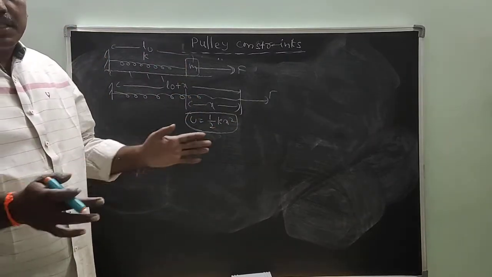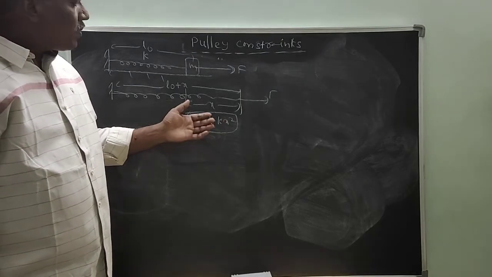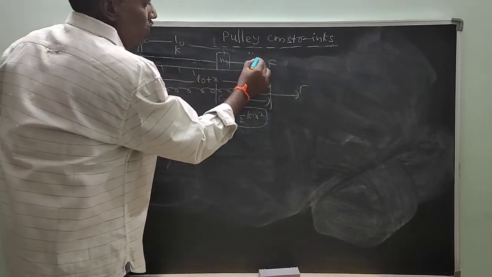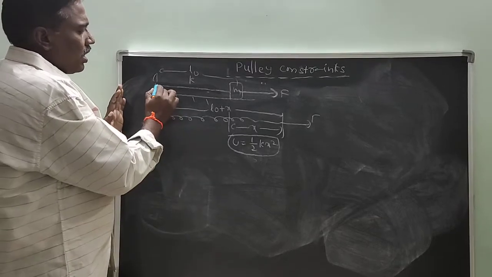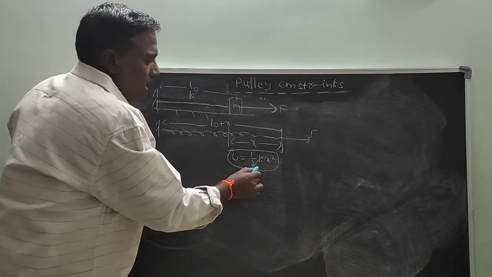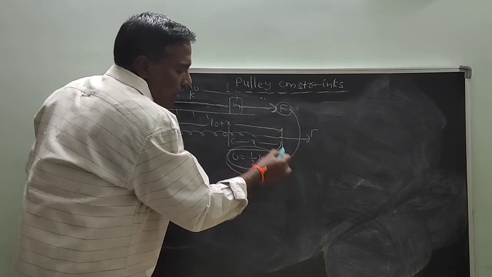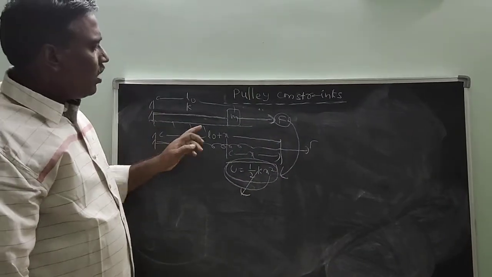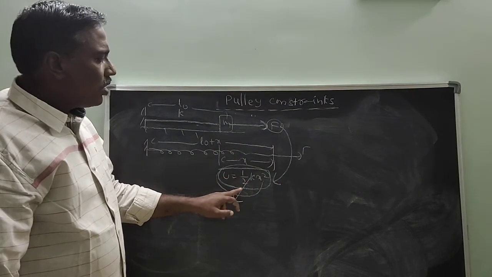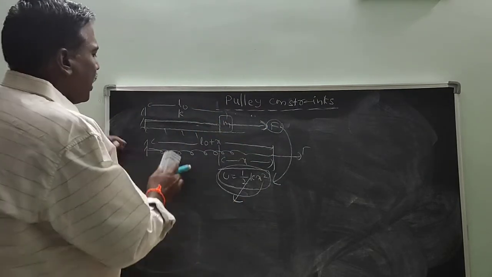When a spring is stretched or compressed, energy is stored in the spring. If the spring is not stretched, suppose this length is constant, whatever be the force applied, then the energy stored in it is 0. So the work done by this force is converted into energy stored. If the energy stored is 0, work done by the force is also 0. So this principle is used in the tension method.